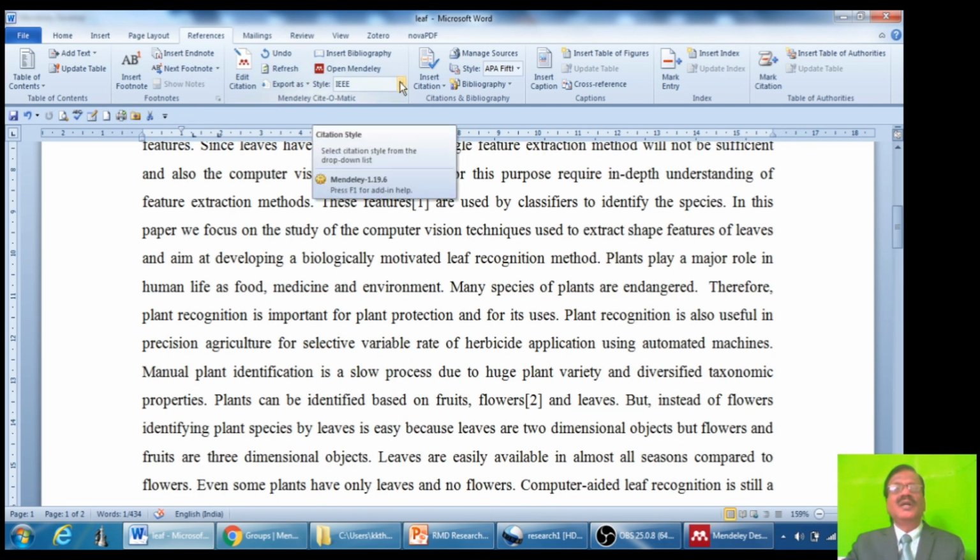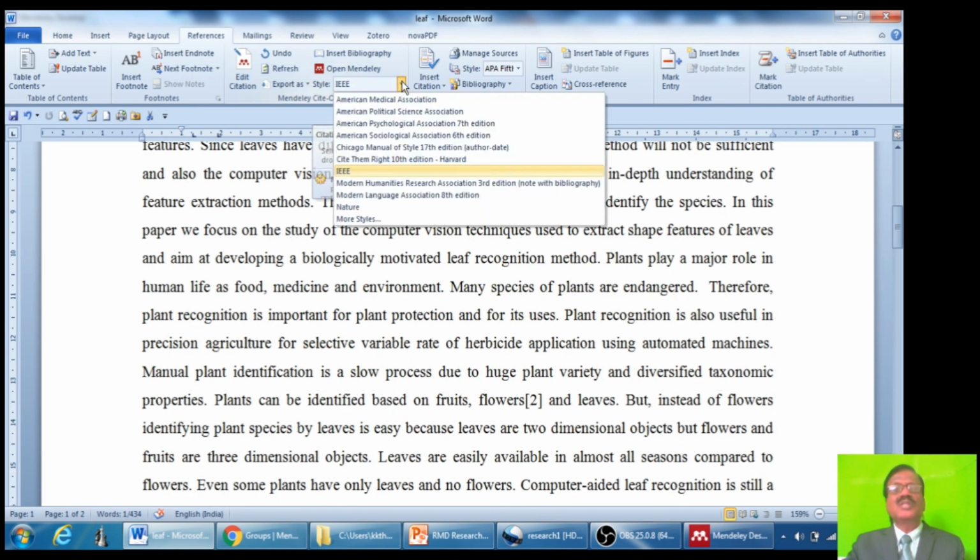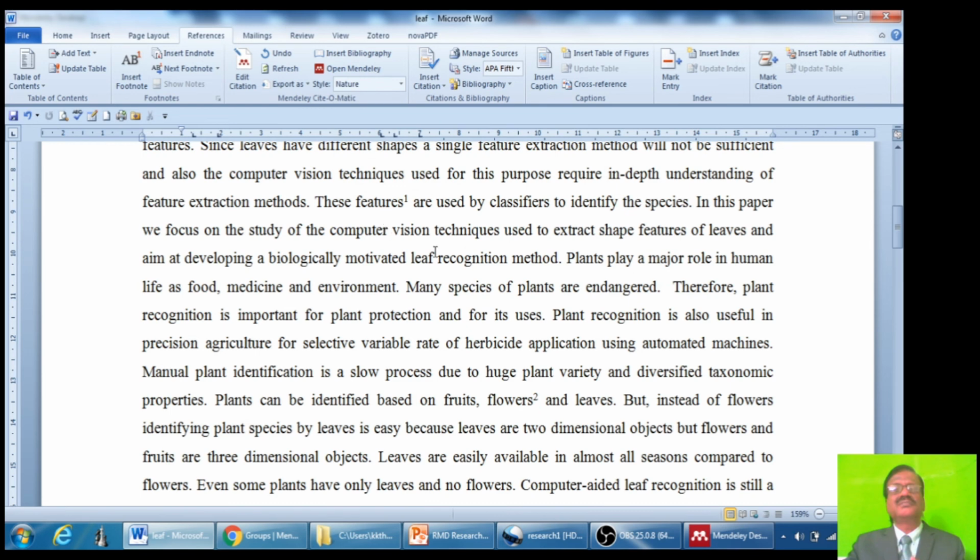Now, if you want to submit to some other journal which is following the style Nature, just choose Nature. Now you see that one has changed like this. That is, it is indicated using superscript because Nature is following this style.